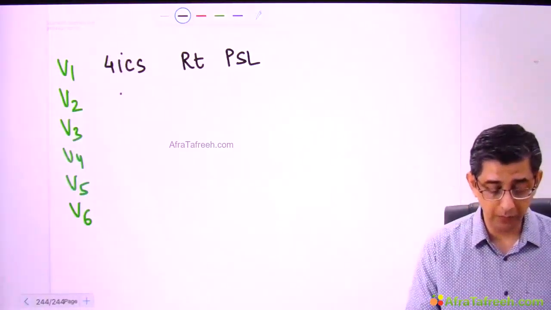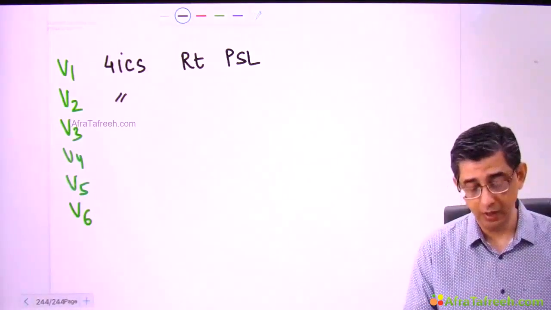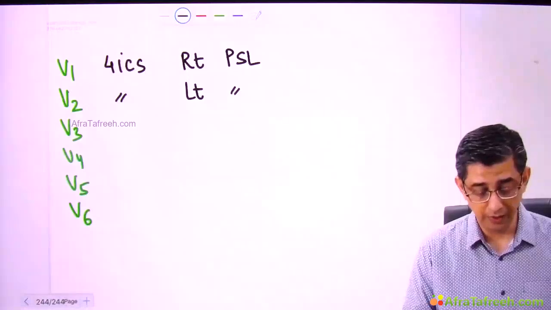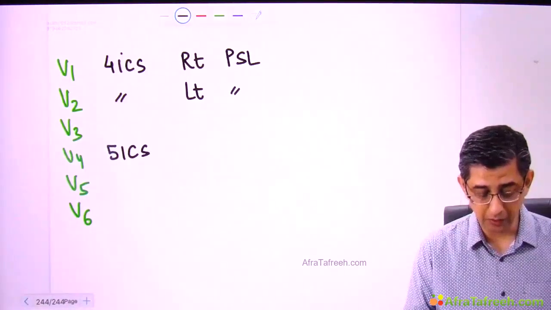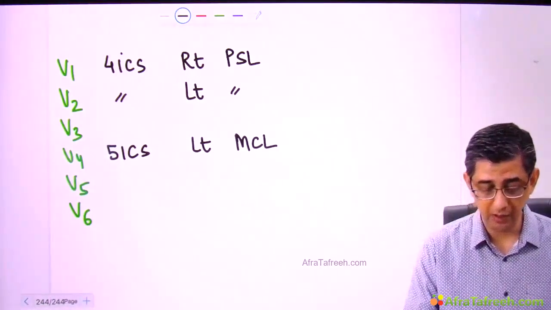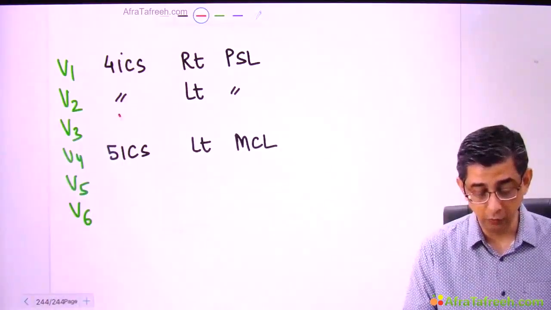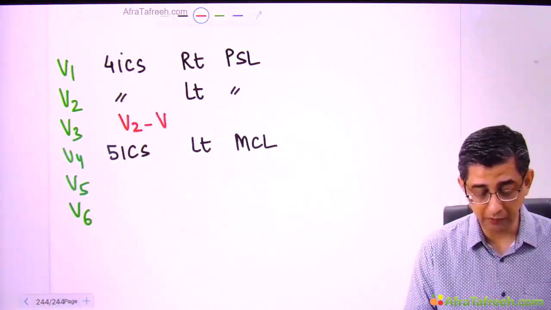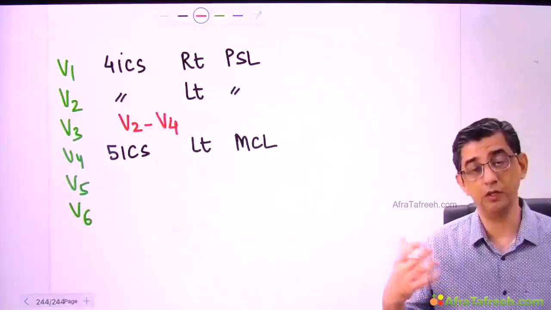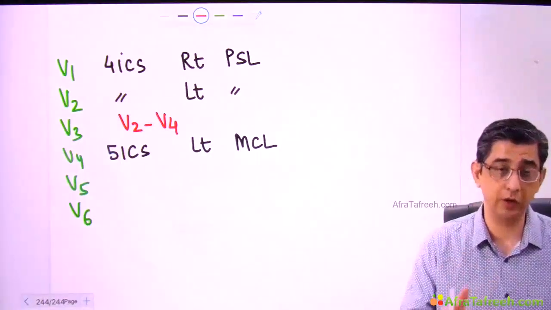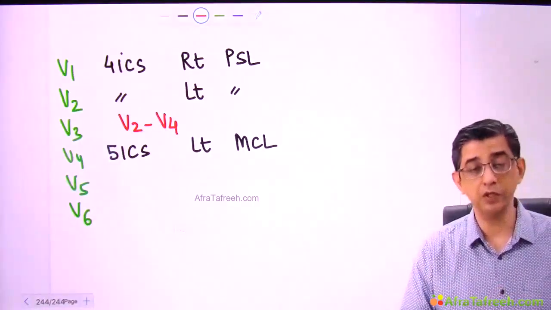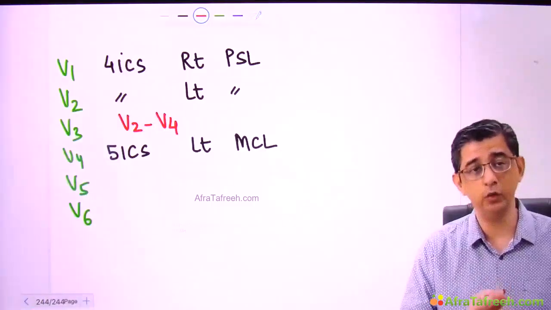Lead number V2 will be a mirror image of lead number V1 only, but this would be put on the left hand side and everything else would remain the same. When it comes to lead number V4, it's going to be the fifth intercostal space on the left hand side, but now the line that we are going to use is mid clavicular. And well, for lead number V3, you will lots of times see the technician doing this activity, so you can do it by yourself also. In fact, every time you go to a ward, if you can just approach the technician to teach you how to put the electrodes of the ECG, you will yourself feel more comfortable, more confident. Lead number V3 is put by approximation between V2 and V4.